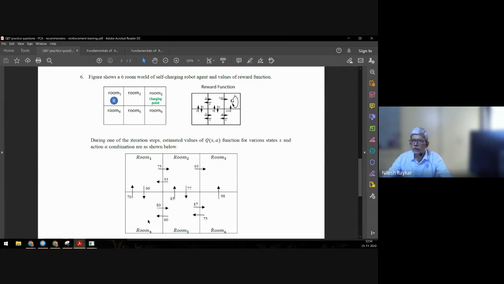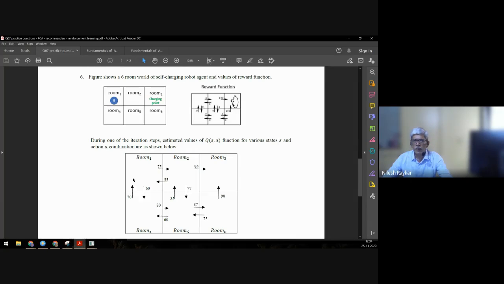The concept of the Q function is essentially that you want to determine the way of reaching the charging room from any of the rooms. The direction, or the first action that the robot should take from any room, is known as the policy. So you have to decide the policy, that is, given a state, or the room in which the robot is lying, what is the immediately next action the robot should take. That is policy. And the second thing is that the policy is based on the value function, that is the probability that one would reach the charging room